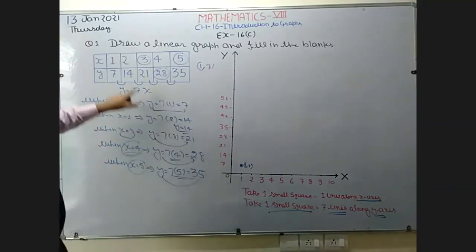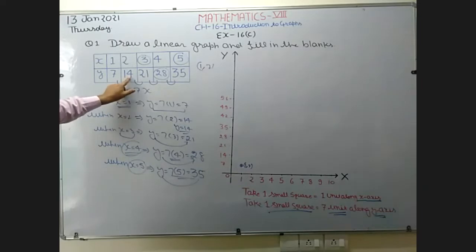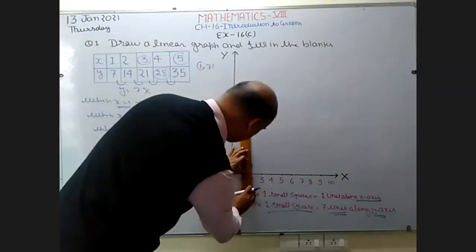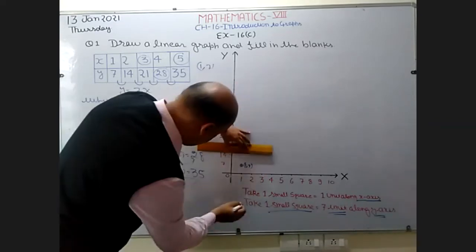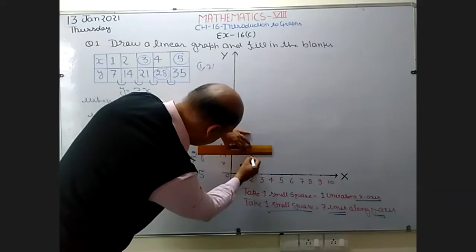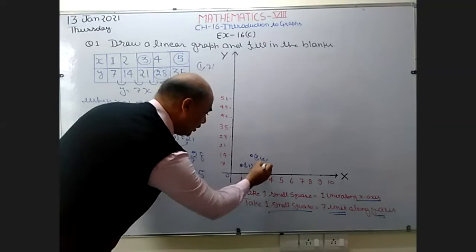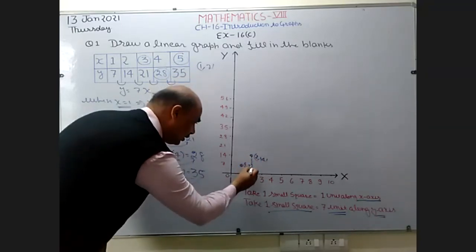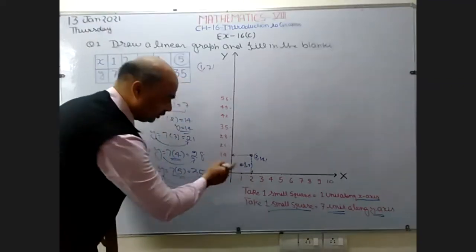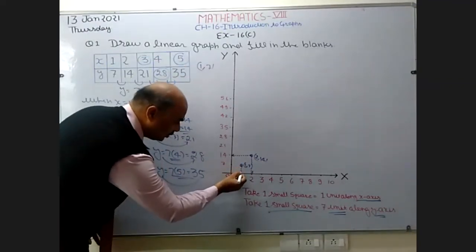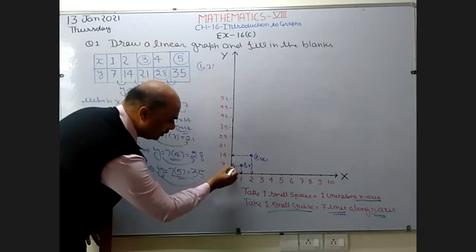Okay. Similarly, take the next point. The x value given is 2, so the value of y becomes 14. So take 2, and this is going to be 14. This point is going to be represented by 2 and 14. The value of x is 2 and the value of y is 14. In the previous point, the value of x is 1 and the value of y is 7.